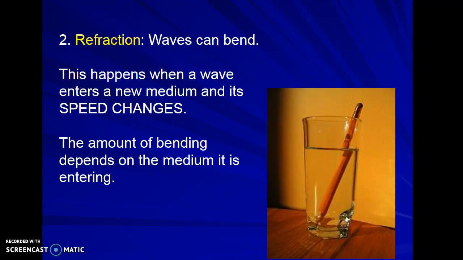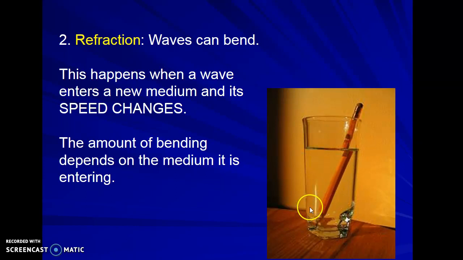This is when the waves actually bend. So now when they're coming across a new surface or medium, they're going to bend. And this happens most specifically when waves enter a new medium. So for example, if we go from traveling through a gas to traveling through a liquid, like in this example of the pencil here, then the light as it's traveling through the gas is traveling faster. Once it hits the liquid, it slows down because we're in a new medium,